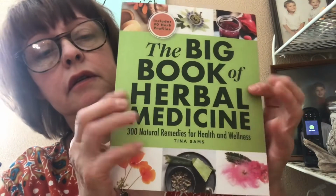Okay, let's see. Where's my other herbal? I have to do all the herbal stuff first. Now this one I just got. It includes 90 herb profiles. It's the Big Book of Herbal Medicine, 300 Natural Remedies for Health and Wellness by Tina Sams. And it's pretty thick. And it goes through each herb, where it's found, vital parts that are used, medicinal uses,